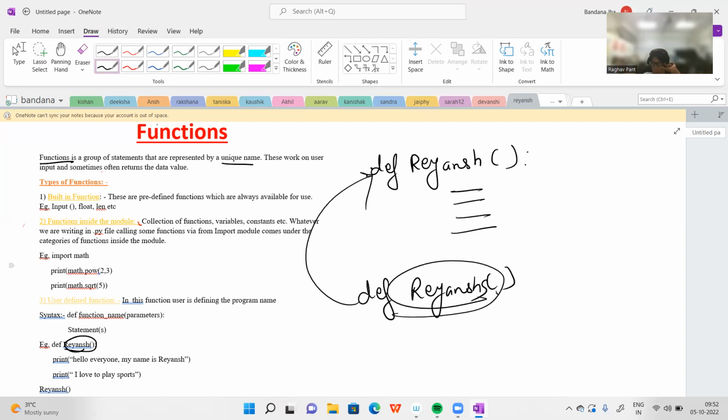Clear. Okay. These work on the user input and often return a data value. Just like we did a little bit of practical yesterday, whenever I call this definition function, it will give it as an output. Okay. Now,